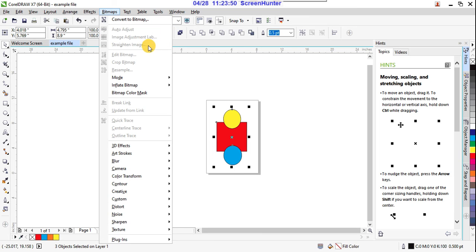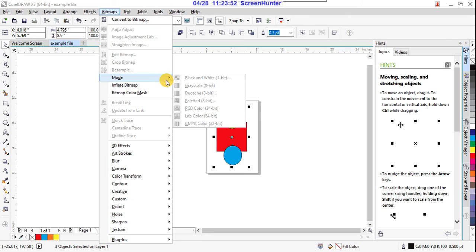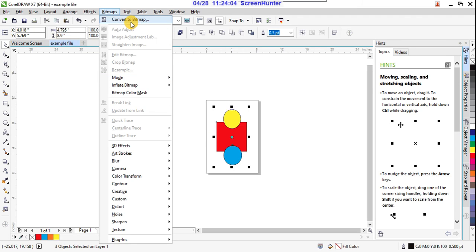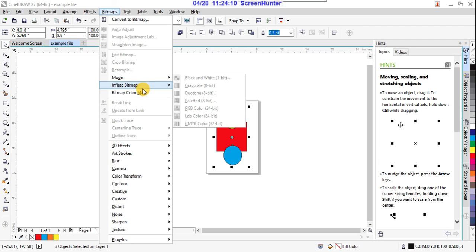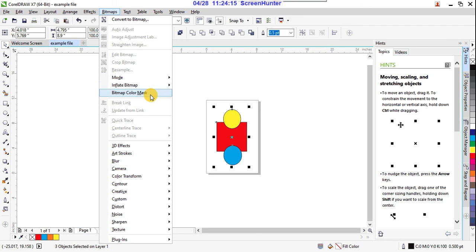Otherwise, the same bitmaps you can apply into different modes. Suppose here the black and white mode is there, grayscale mode, duotone, RGB, looks like Photoshop, right? The way we control the modes in Photoshop, the same way in CorelDRAW we are controlling in the bitmap menu bar, right? Here auto-trace bitmap. So about this bitmap information and bitmap controls we are getting here.